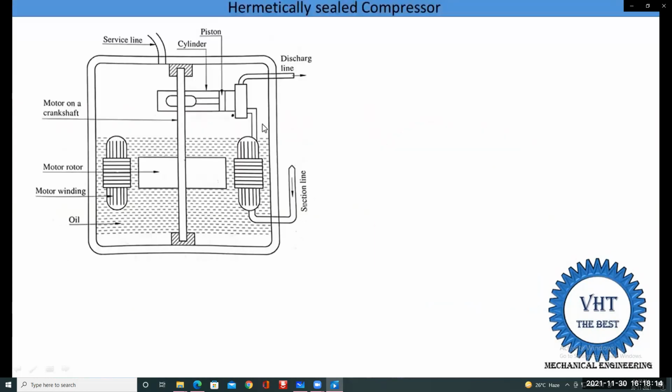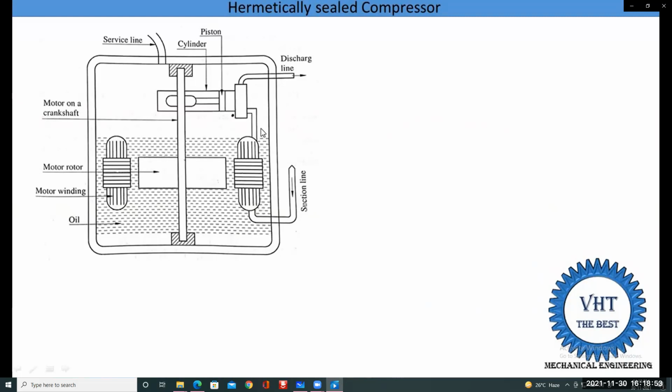Again in these same figures, you can see that in the motor the copper tube winding is directly exposed. This winding is open. When this motor is in the completely sealed unit, the motor gets heated. So how is this heat energy rejected? The heat removed from this motor is absorbed by the oil, which is known as the cooling oil. As well as that, the refrigerant from the evaporator is coming at low pressure in the vapor state, so it passes over the winding of this motor, and this refrigerant also absorbs some heat.